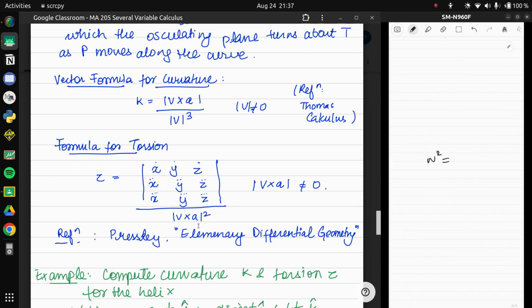Okay, kappa you can't just define like that. Sorry, n would be 1. Okay, so what's dt by ds? The square of that, right? That's what we're looking for. Okay, dt by ds is just